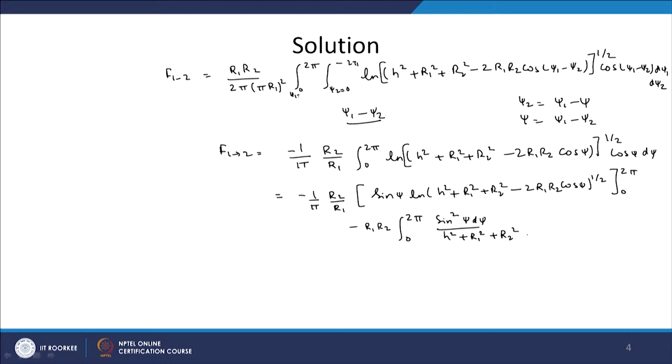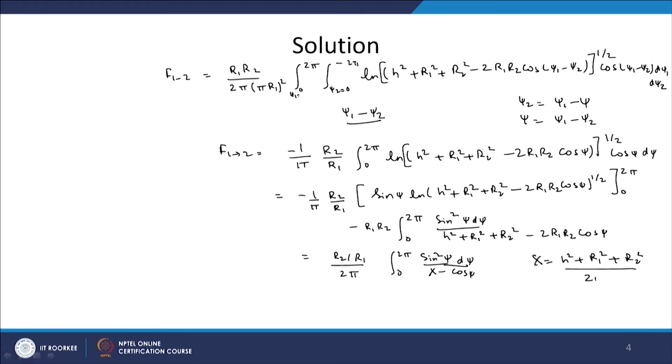This basically reduces to r2 by r1 upon 2 pi, integral 0 to 2 pi, sin square psi d psi x minus cos psi, where x is equal to h square plus r1 square plus r2 square